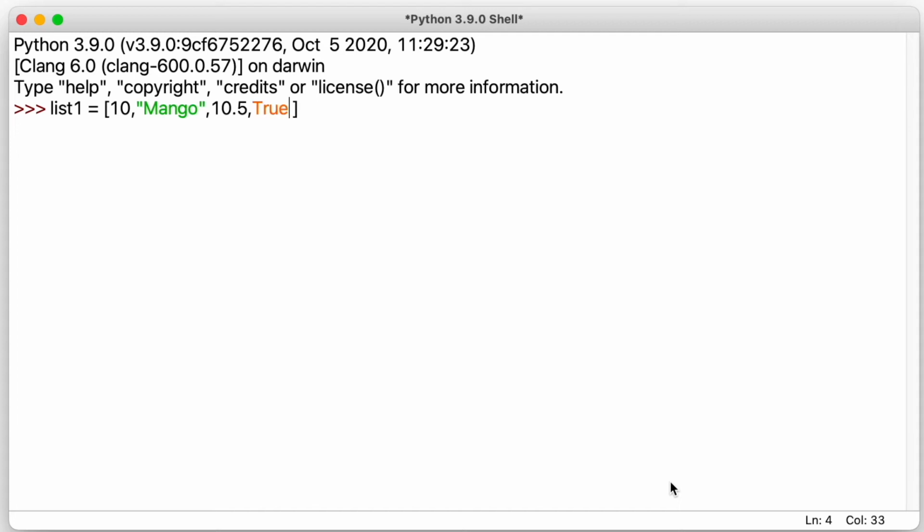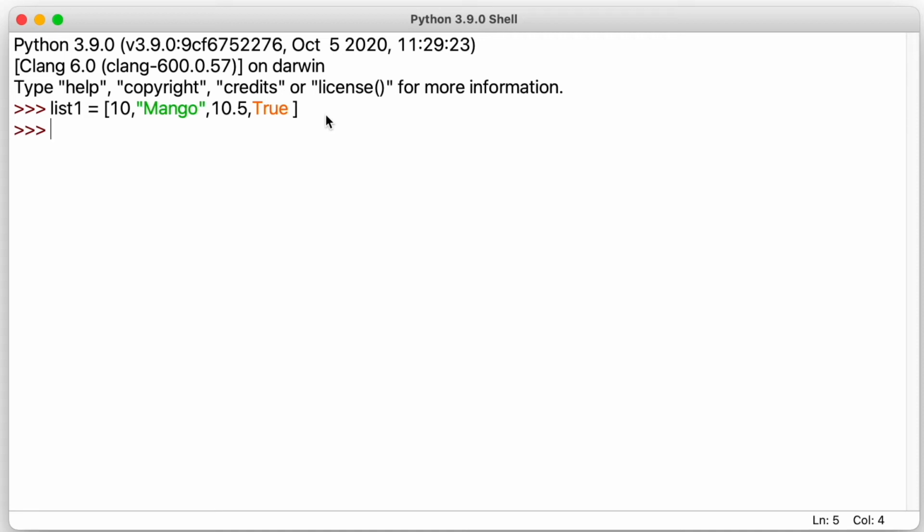So this is a very important feature of list. We have seen this in data types, that in lists and in tuples we can have multiple types of values within a single list. So how can we now use this membership operator?